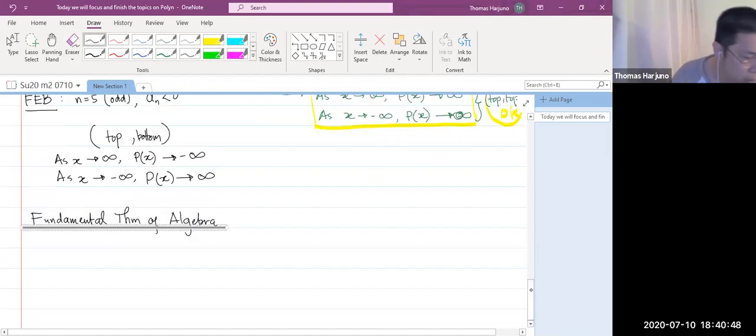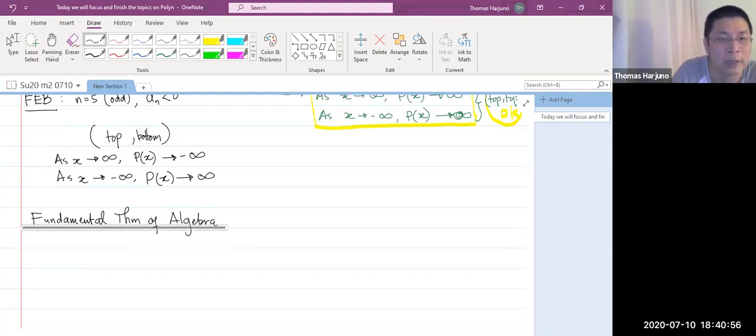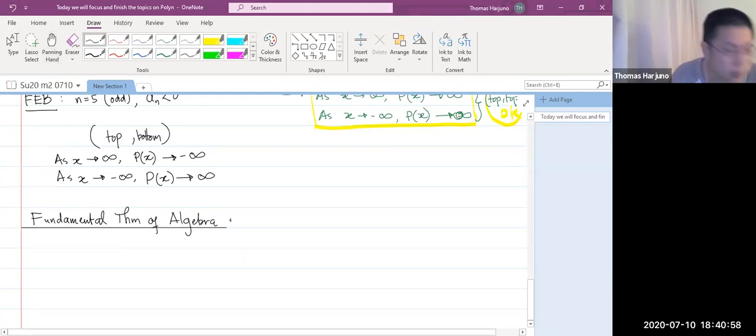The following is the precise statement of what the fundamental theorem of algebra says. It says the following: if a polynomial P(x) has degree n,